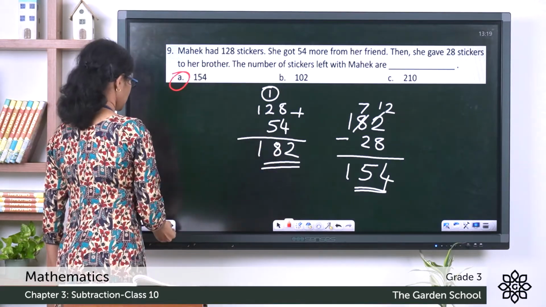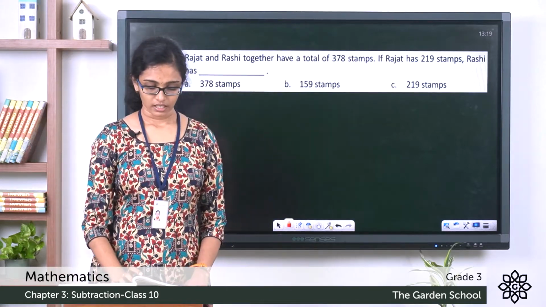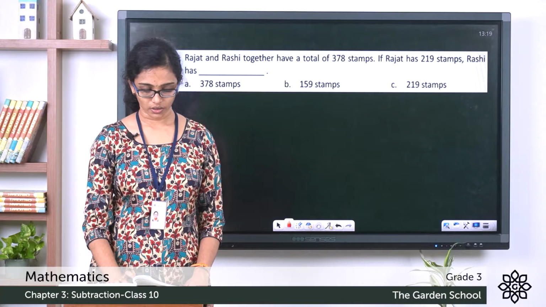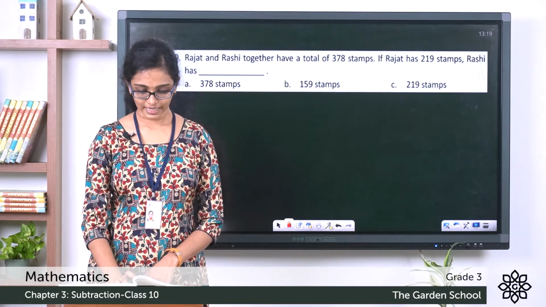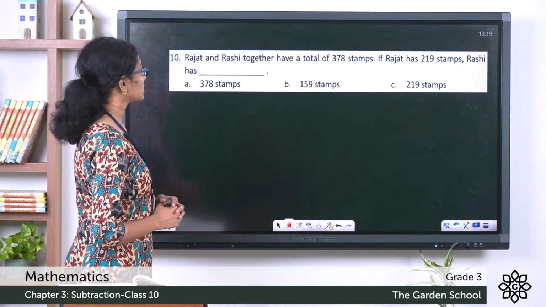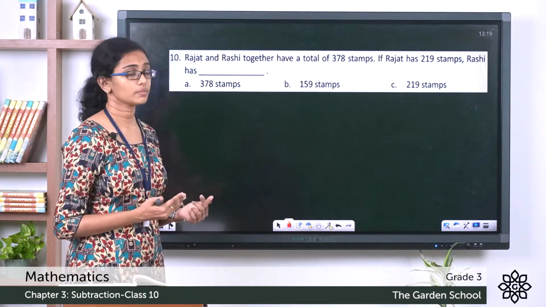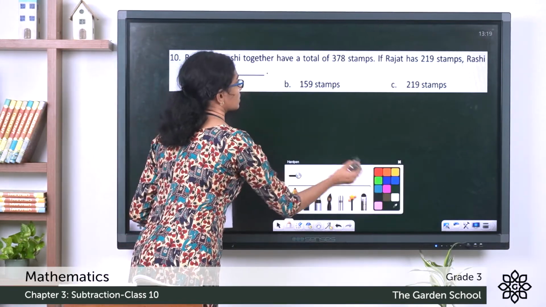Now let's see the last question. Rajat and Rashi together have a total of 378 stamps. If Rajat has 219 stamps, Rashi has. So, Rajat and Rashi together have how many number of stamps? 378 stamps. And